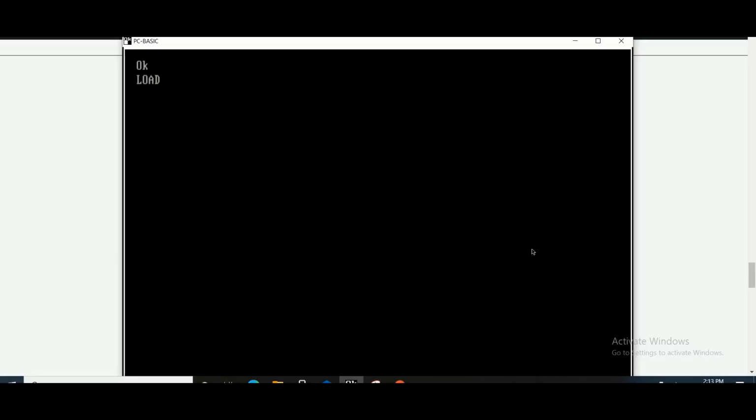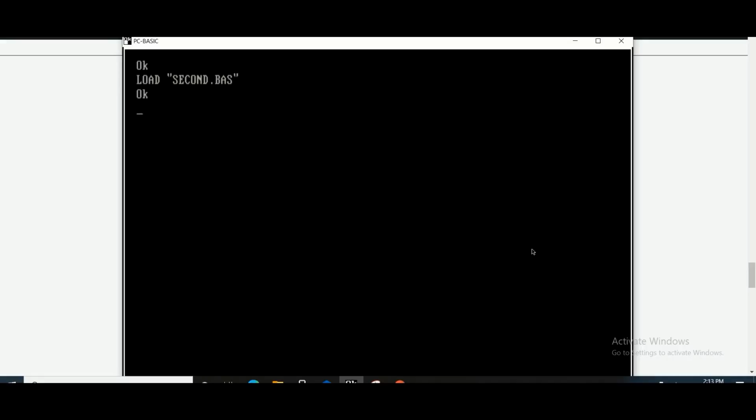And I told you when we were discussing syntax that the load command requires the file name to be written. So here I will write the name of the file which has to be loaded. I saved my file with the name second. The same file I need to load. So I write here the name of the file. I can include the extension also if I like. Even if you don't include the extension, it will look for second.bas and load it.